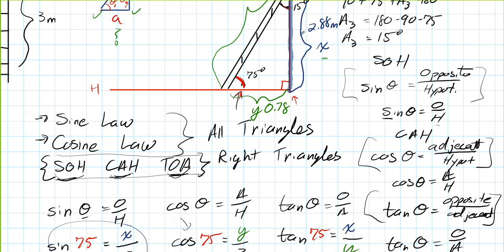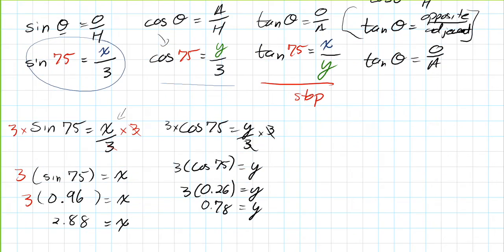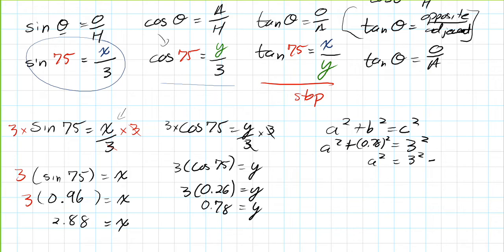Well, if I figured that out and I went, oh shoot, I gotta figure out this piece, I could just jump back into my ratios, or I could have used Pythagorean's theorem at that point, right? Remember, this is a right angle triangle where we have a squared plus b squared equals c squared. We knew the hypotenuse, which is c, was 3, and a and b doesn't really matter, so I'll just say a squared plus 0.78 squared, and we could have worked this out. A squared is equal to 3 squared minus 0.78 squared, okay? I'd figure out what those values are, which are like 9 and...